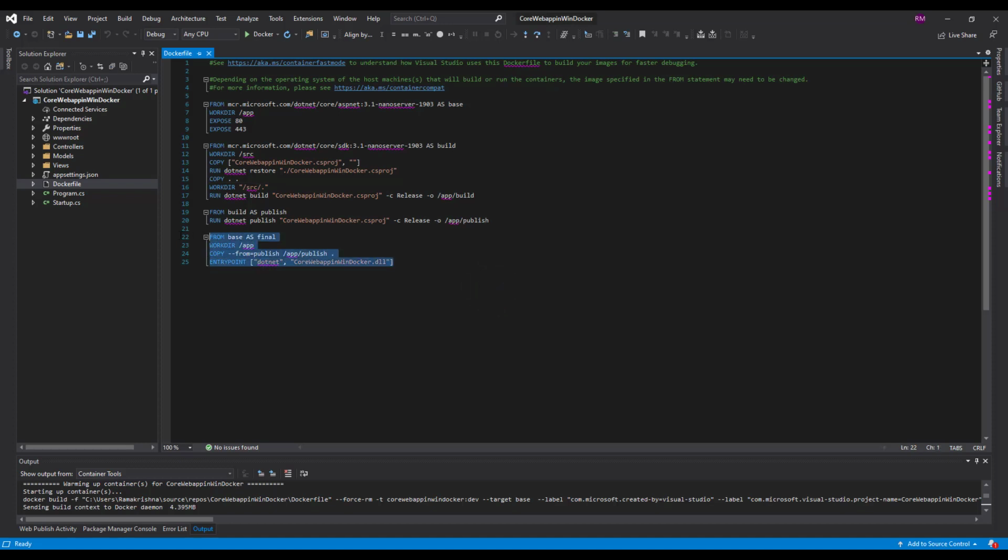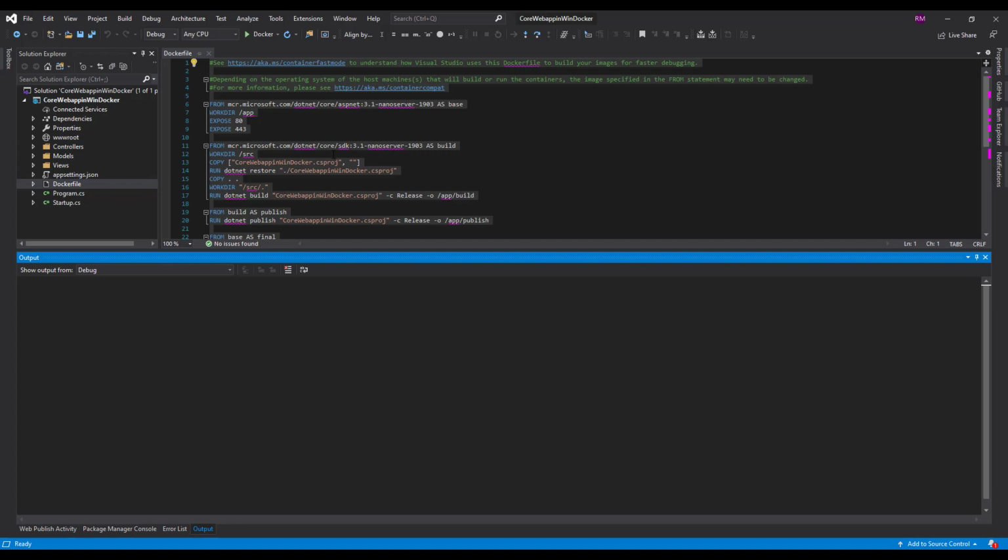In the final layer, here we see the entry point, where usually we use the CLI command dotnet run for our application. Instead of that command, we are using dotnet with the DLL, where our application is already built and compiled into a DLL file, a dynamic link library file.